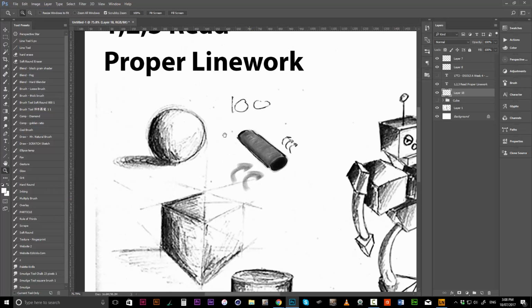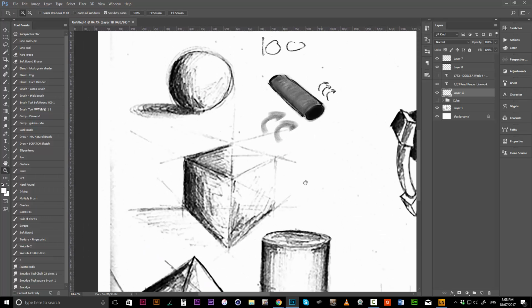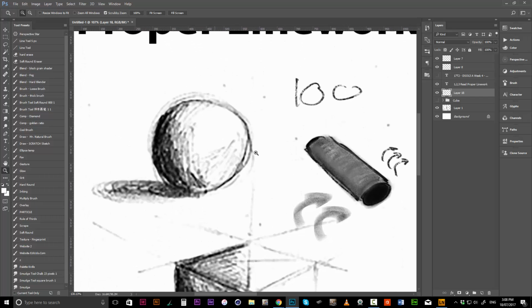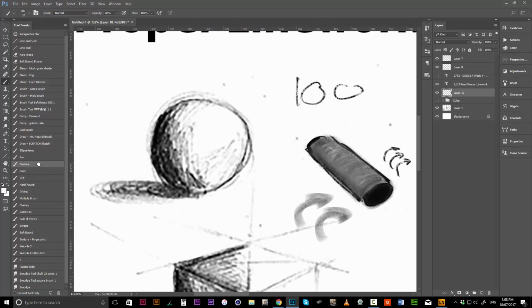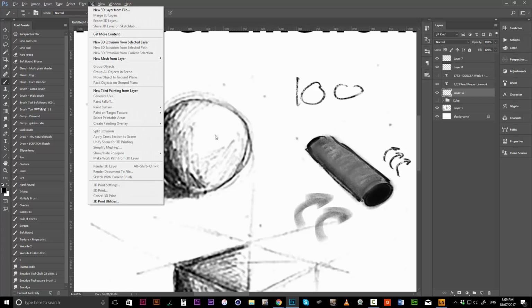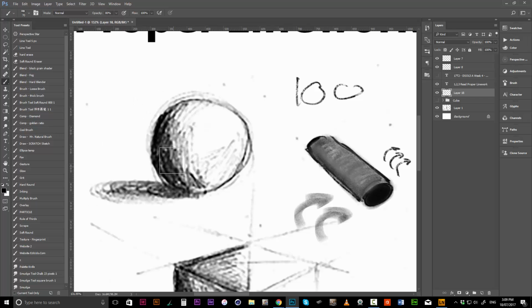But yeah, same thing with, let's see. Oh yeah, so for the cylinder, and also again with the 1, 2, 3 read, it's basically you've only got two values really, the white and the black. So you could